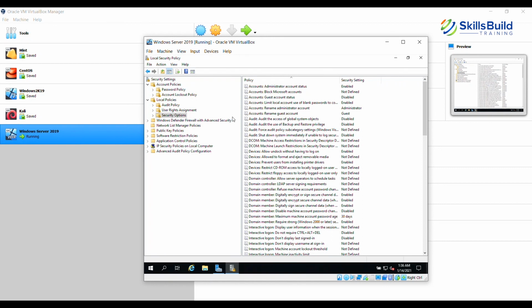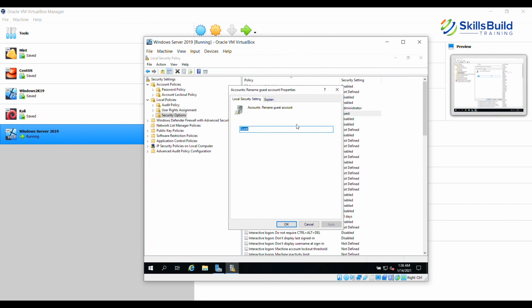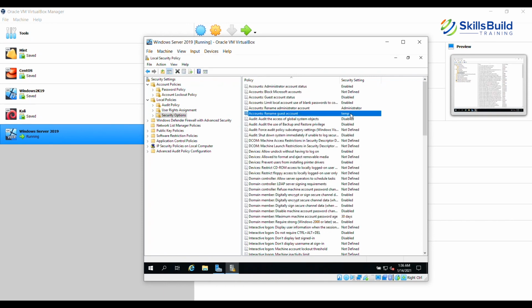Then there is the security options. Now, by default, we saw the guest account is in disabled state. So this is the policy that is already enabled. Now, if we want to rename the guest account, we can simply say temp. Okay. So the guest account will no longer exist. It will be the temp account. It is basically the name change that has happened. And similarly, it can be done for the administrator account. So instead of administrator, we can simply say admin, or we can say Arthur, or give it any logical name. So that can be done.